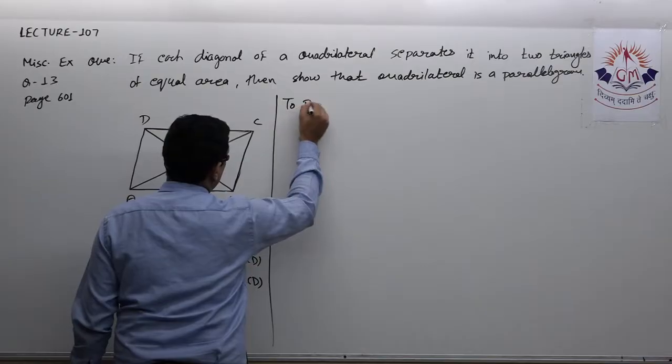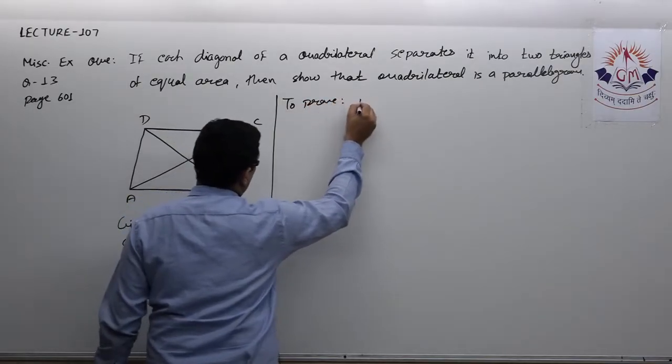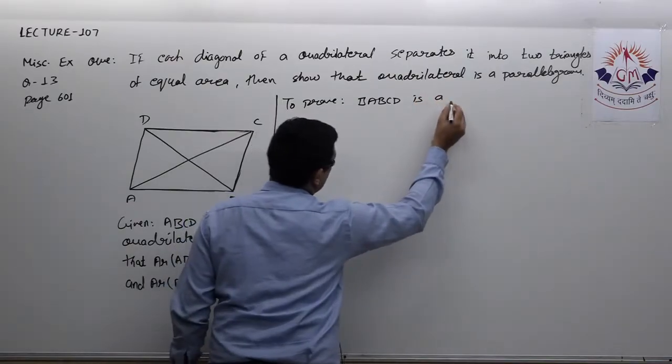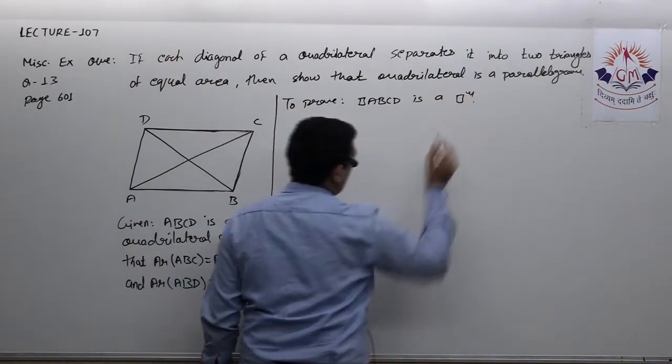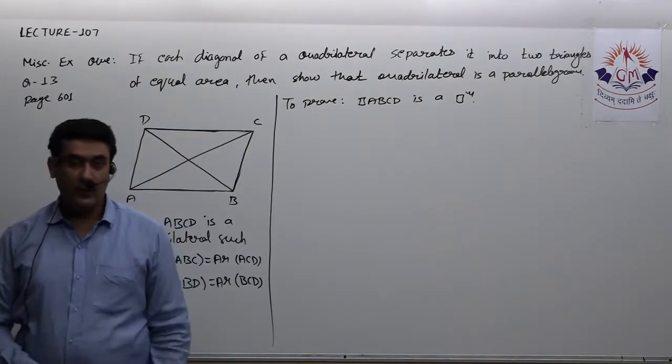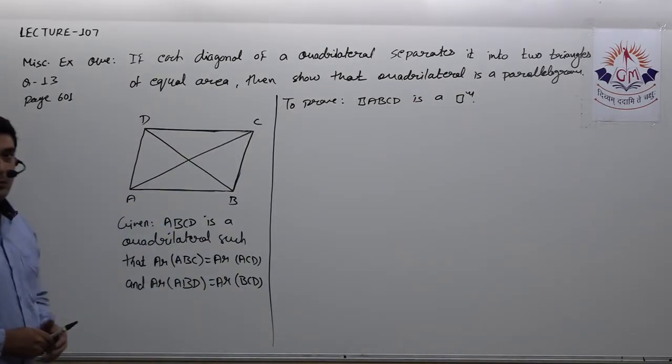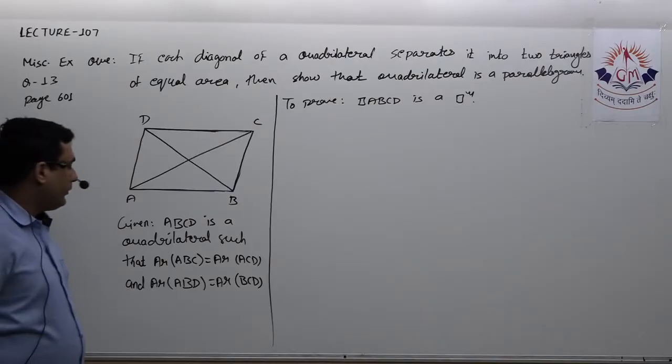To prove: quadrilateral ABCD is a parallelogram. So now to prove ABCD is a parallelogram, we need to prove